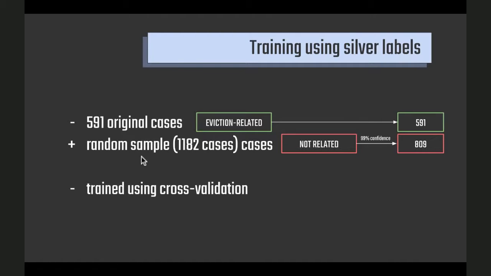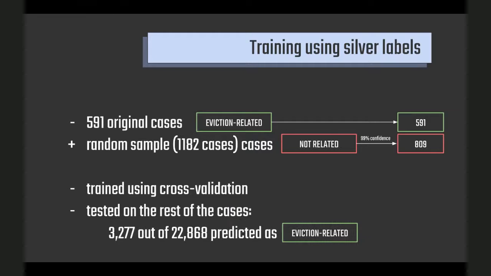So out of these 1,200 cases, 809 the model with 99% confidence said that these were not eviction-related cases. Of course, this is still not necessarily true, because we know for sure that in a random sample, when we trained the system, the data was noisy from the start, which means it probably produced some noisy results. But nonetheless, we got a probably cleaner data set than we had, and we use those as silver labels for